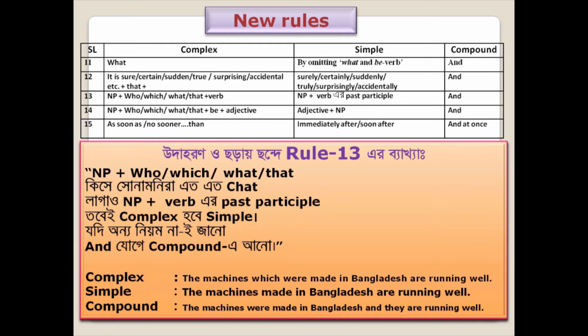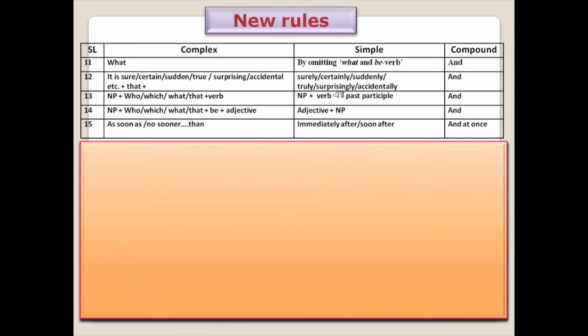Rules number 14. If there is NP plus who, which, what, that plus B plus adjective in complex, you will have to use adjective plus NP in simple and only and in compound। অর্থাৎ